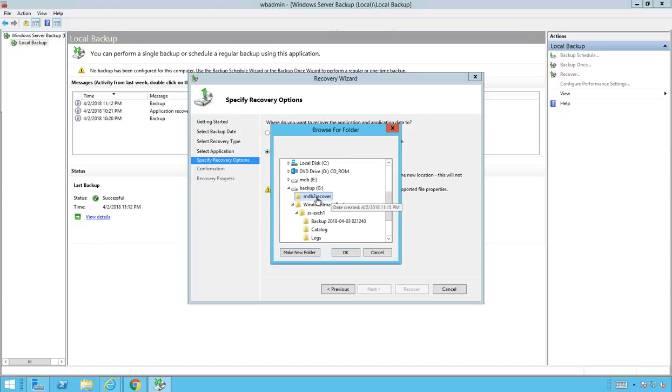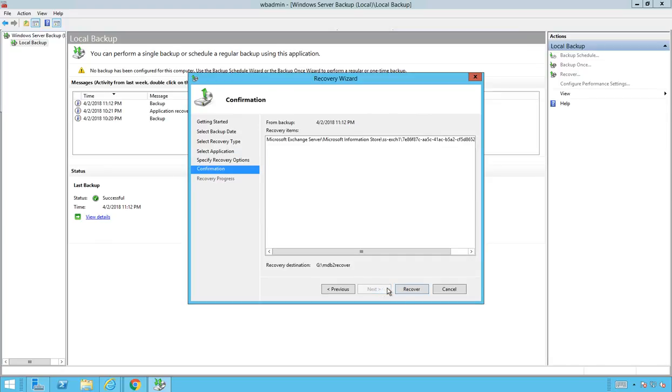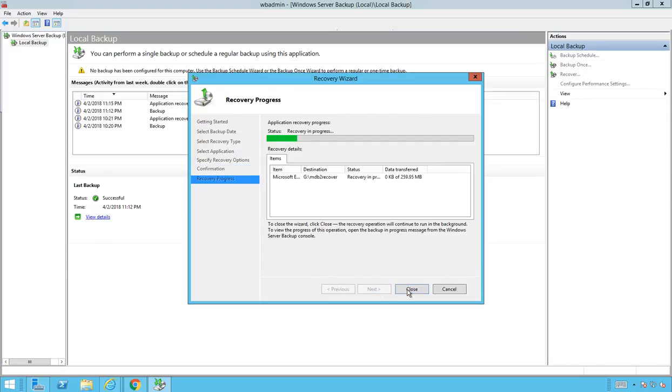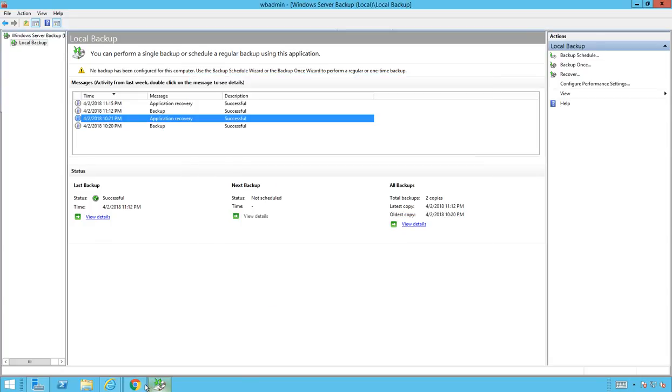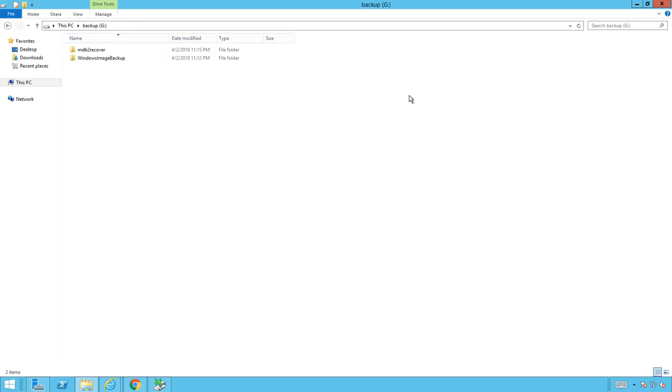MDB2 is the name of the database that I'm recovering. Let's call it MDB2 recover. And next, recover. Oh, that was fast. Okay, so just take a look here. What we've got, MDB2 recover,